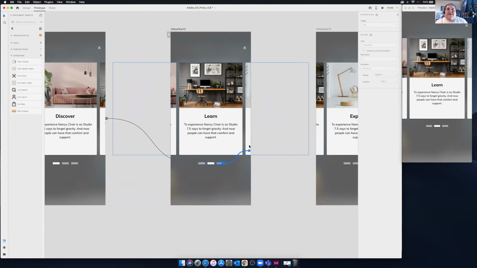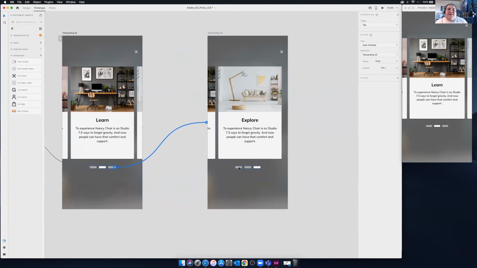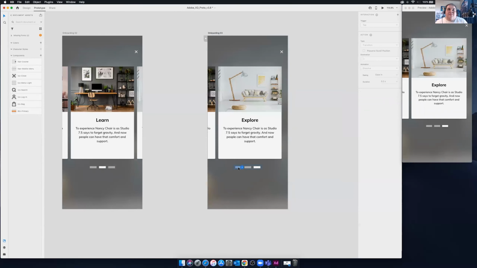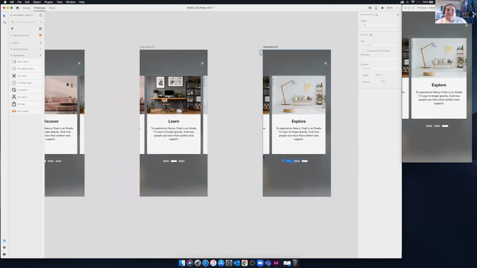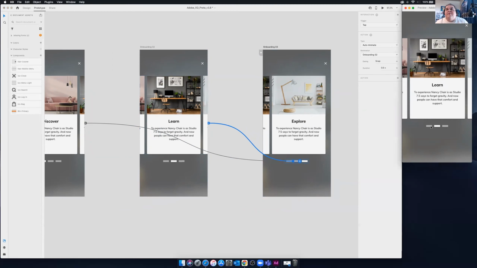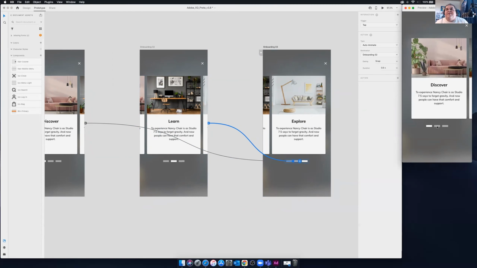I'm going to double click on this guy, move it over here. And then we'll see that both of those are set up. And I'll go to this guy and then drill down into that first guy right here. And I'm using the option, I'm using zoom in and pan pretty regularly here to set up all of these interactions. And if I did that right, I should be able to hit any button on any of those and it'll slide to it. And you'll see that animation spring back to the snap. If we go really far, it has a little bit of recoil for us, which feels really natural when you're